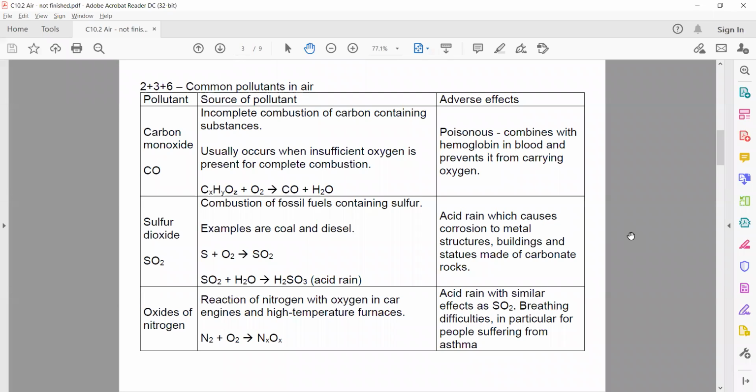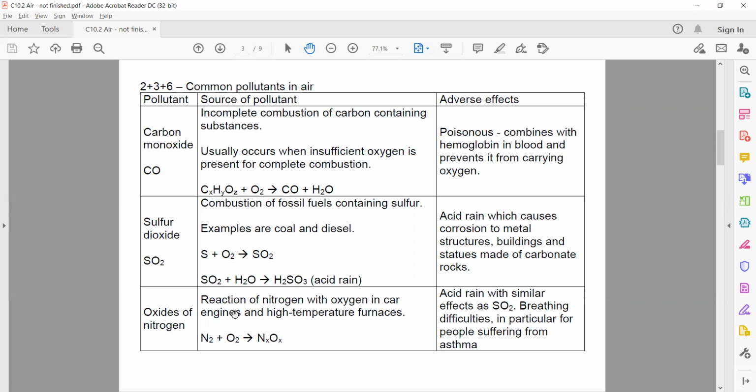And in certain places, they make buildings out of limestone, or statues or whatever. Limestone is basically calcium carbonate, and carbonates react with acids. We know that as well. So you'll find that buildings get quickly deteriorated when there's acid rain problems. Has anyone ever seen images of this? Actually, this note is the one that I'm not done with, so I will add pictures of this to the note for you. But has anyone ever seen this before? No. I've never seen it in person, but I'll show you a couple of photos later. You can see that the buildings look like they've been almost eaten away. They start corroding. Cool.